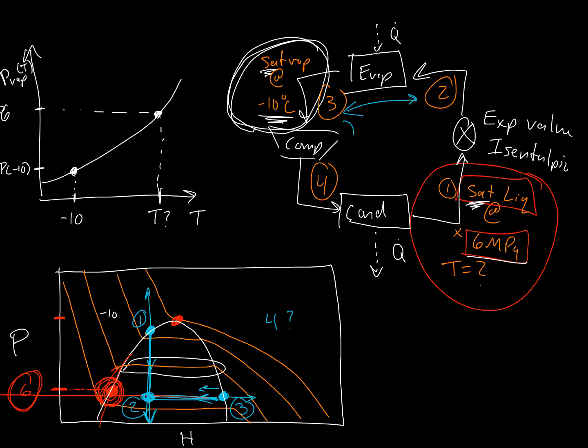Going from 3 to 4 is isentropic, and so the constant entropy lines actually end up going something like this, and going from 1 to 4 is again isobaric, and so then we connect the dots like that. And then to get the work or the power done by the compressor, now that we have these points,